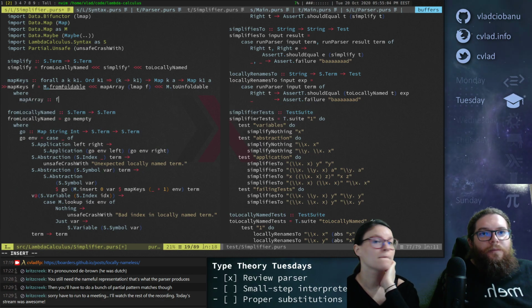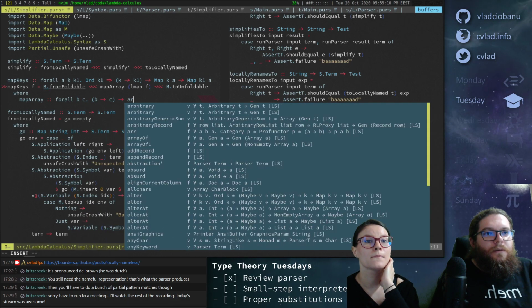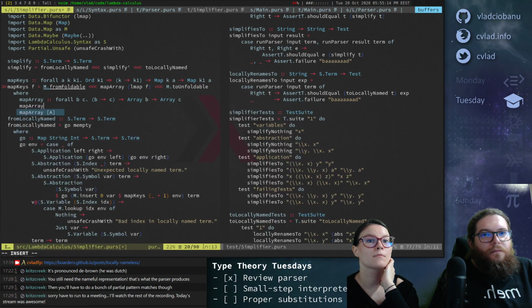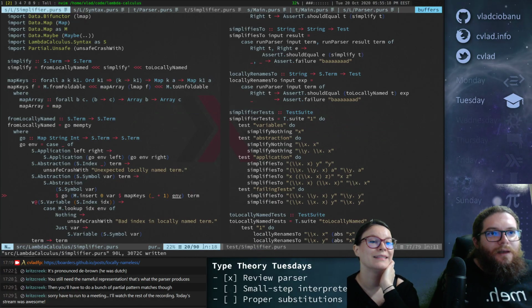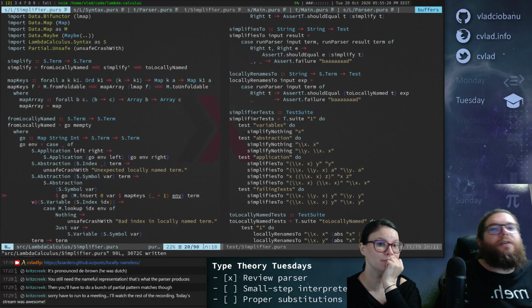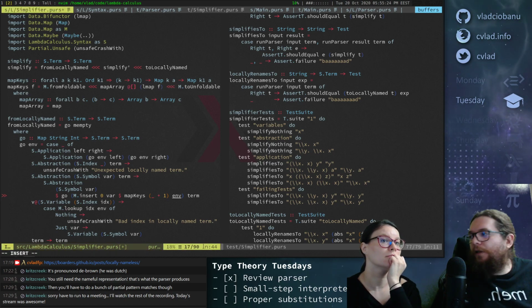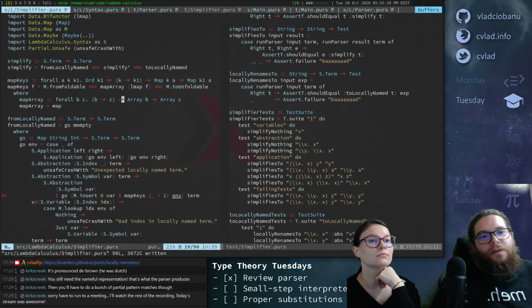It's a function for all b c, b goes to c. Okay. Kind of like it doesn't have the type information. In PureScript we don't have type applications, right? Because in Haskell I could have said this, right, and apply it to array. But since PureScript doesn't have that, you kind of have to annotate somewhere.